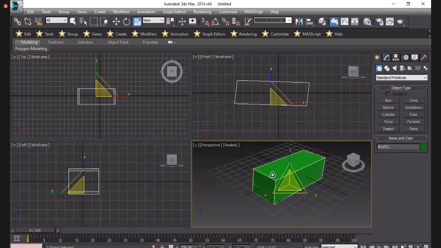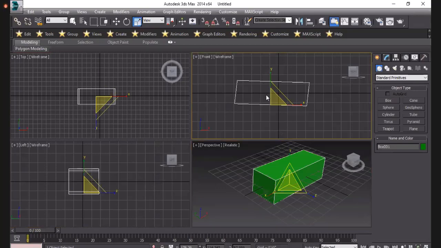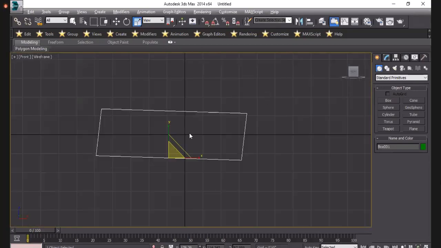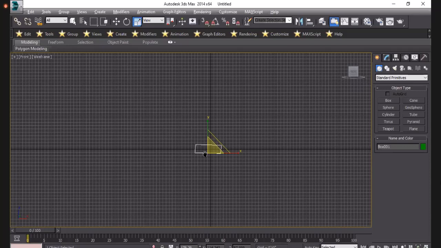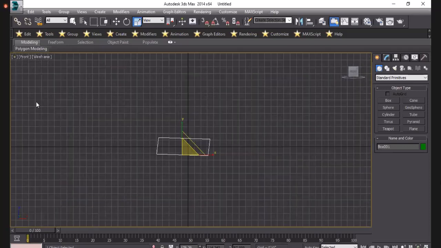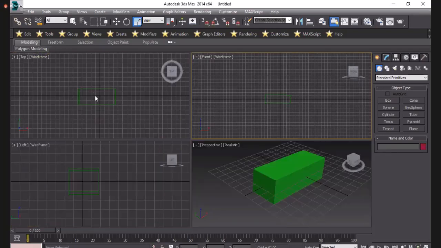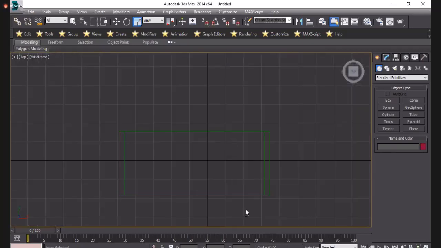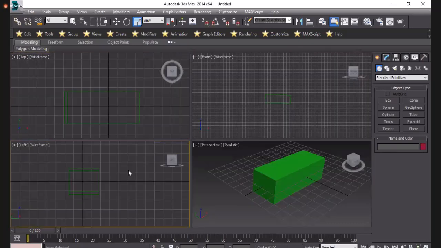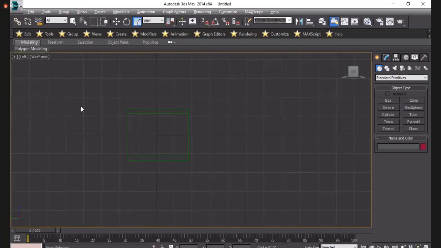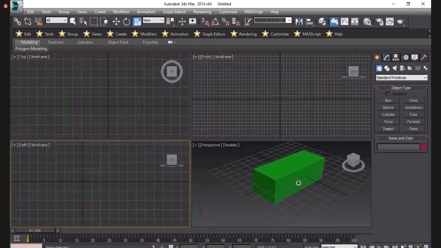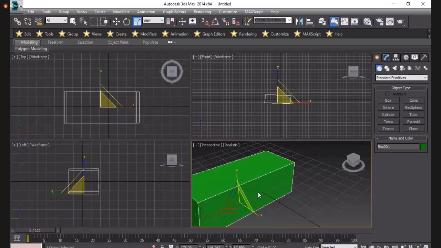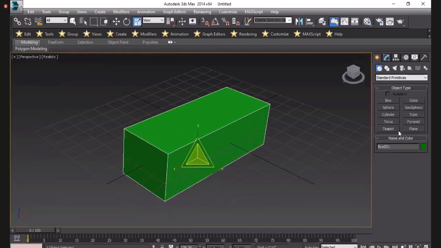I want this screen, so I will press Alt W. It will show the front side. I want to see this direction. At the top view, my model is like that. Alt W. In the left side, Alt W. Okay, I'm back to the screen. I'm pressing Alt W in the perspective.